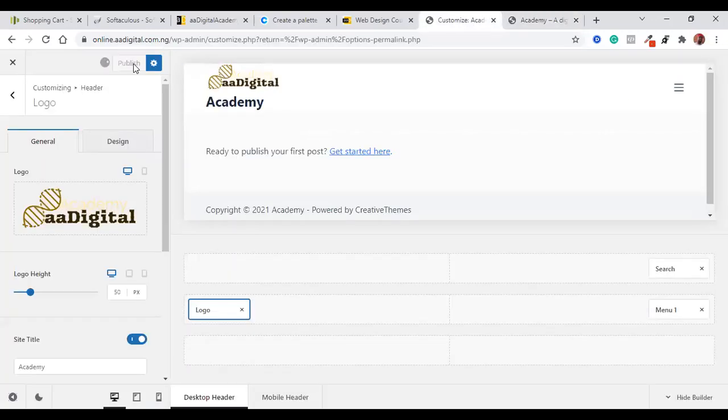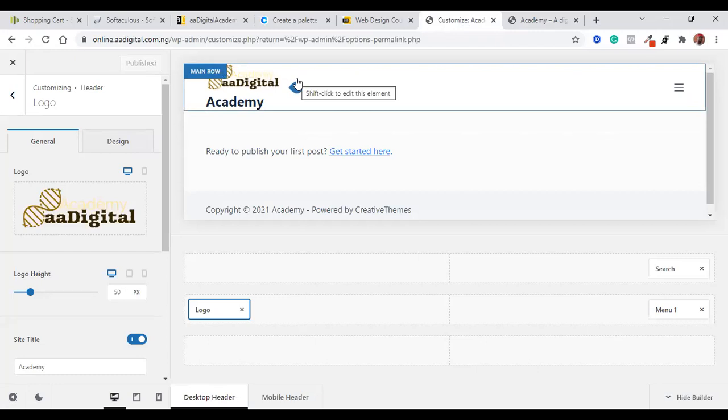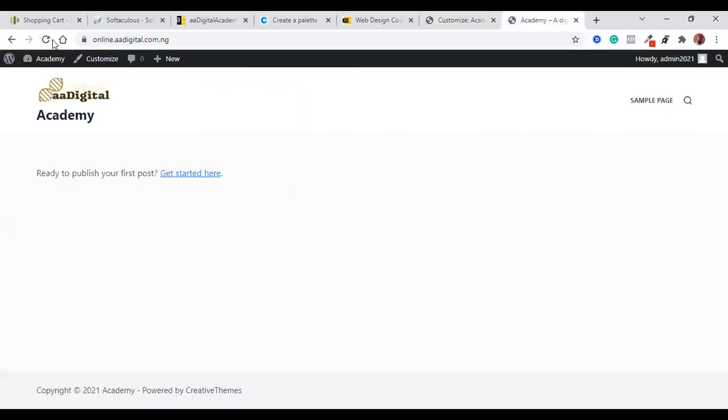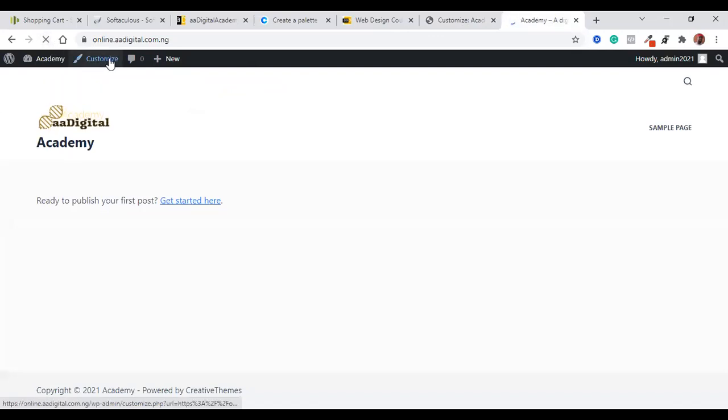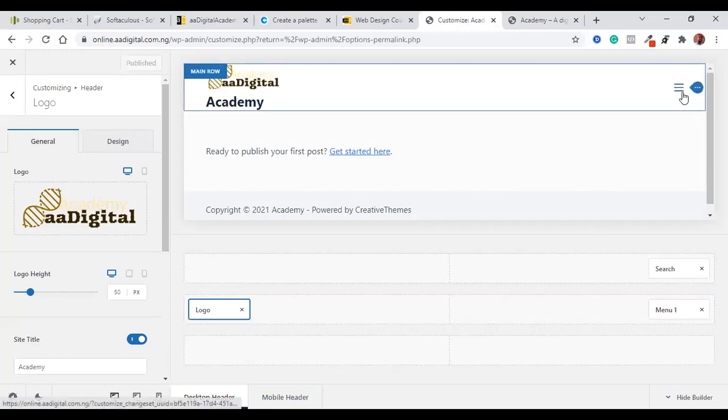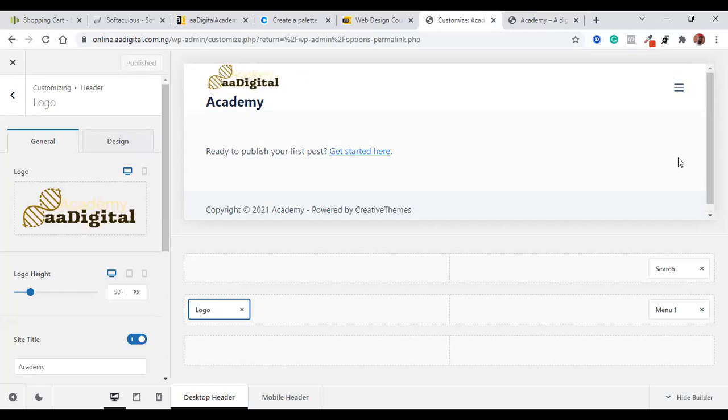I will publish. Whenever you make changes, you have to publish. So I'll make changes now. You can see the search icon that was here before has already moved up. Do you understand? So that's what we need to do. That's how the guide will show us what to do. So we now come back to